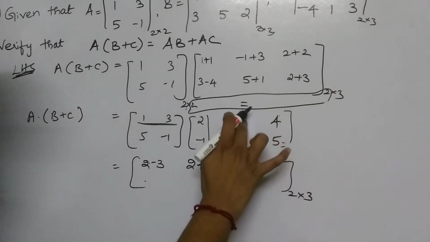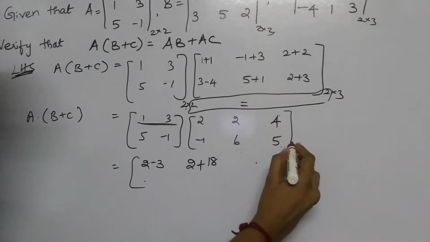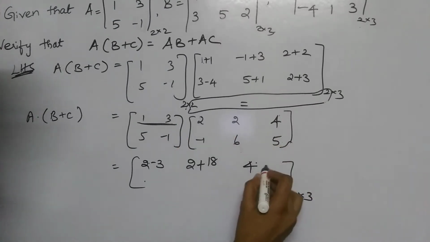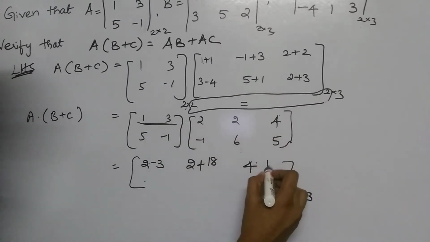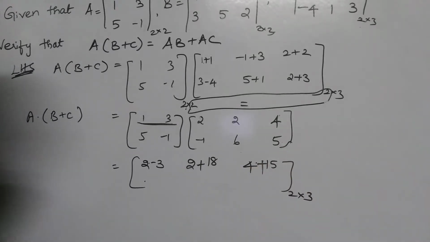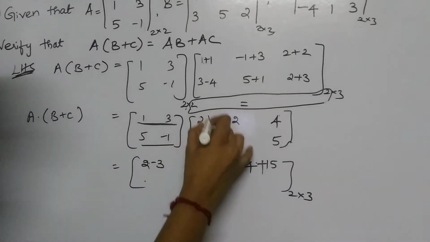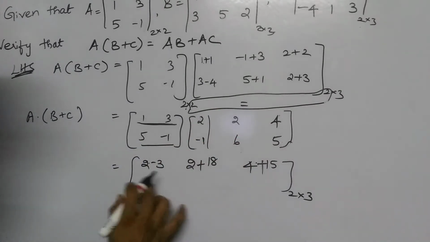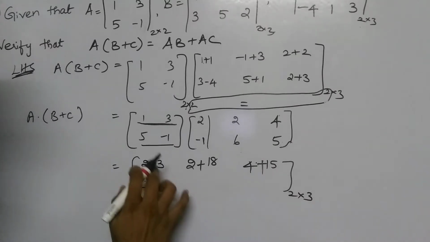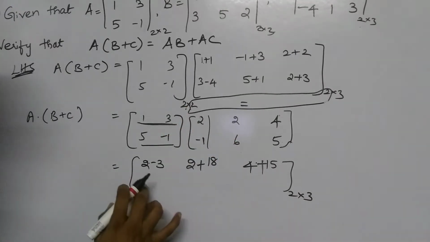Then first row with third column element, that is 4 and 5, right? That you have to multiply now. 1 with third column, 4, and then 5 into 3, 15. Both you have to add it. Then again second row with first column. Write it in the second row, you have to fill up now. Right? Column elements you have to fill up. For that you multiply a row with the column and write.